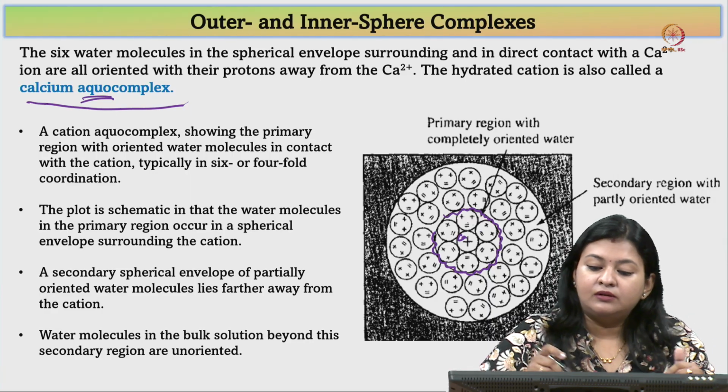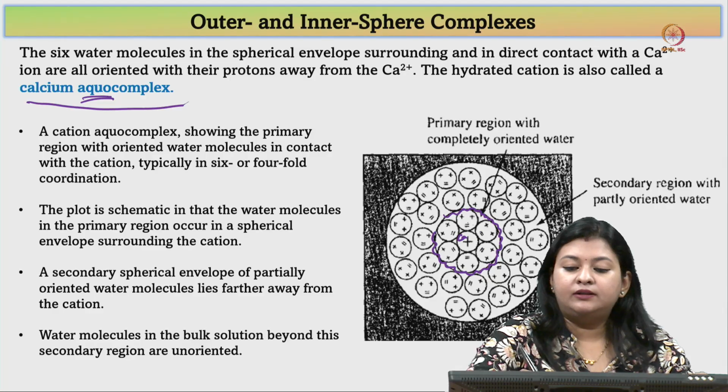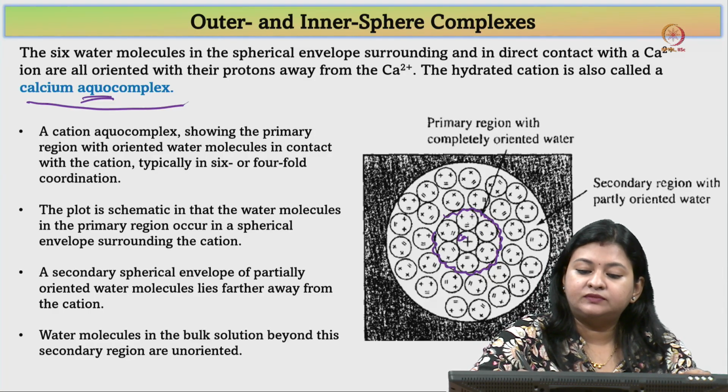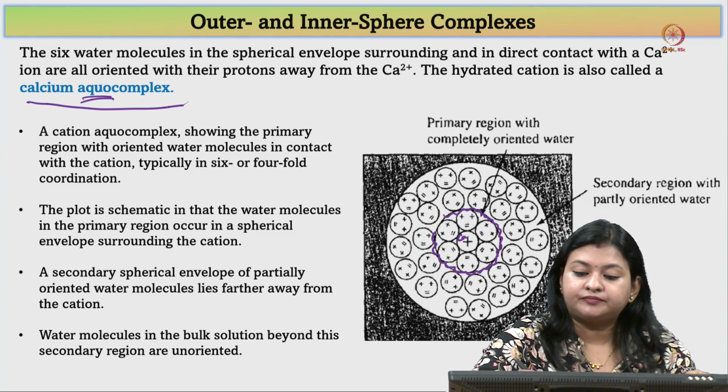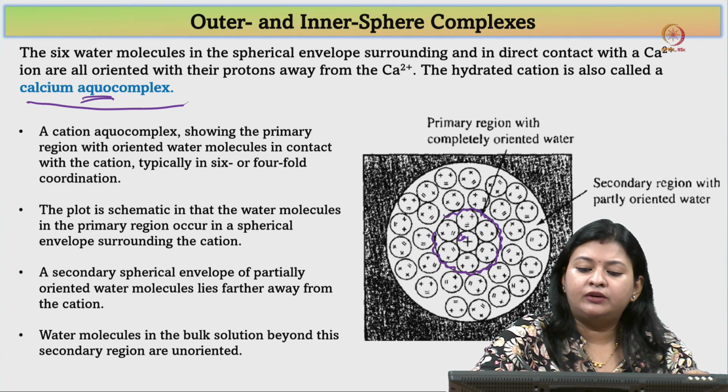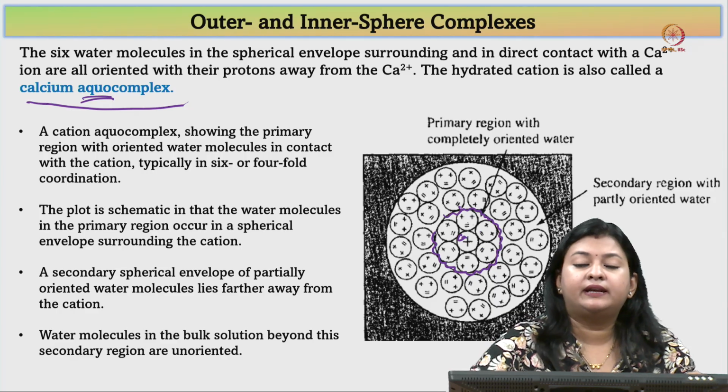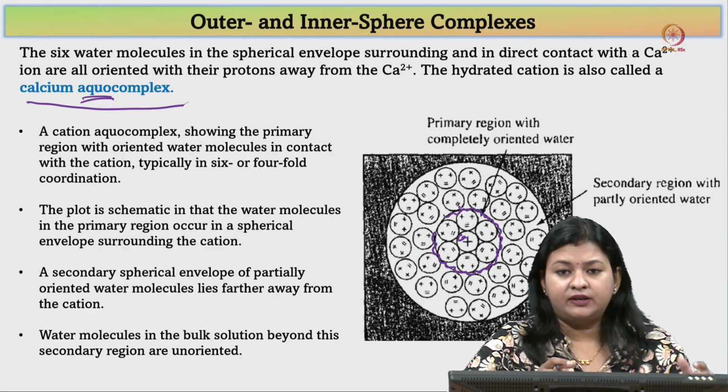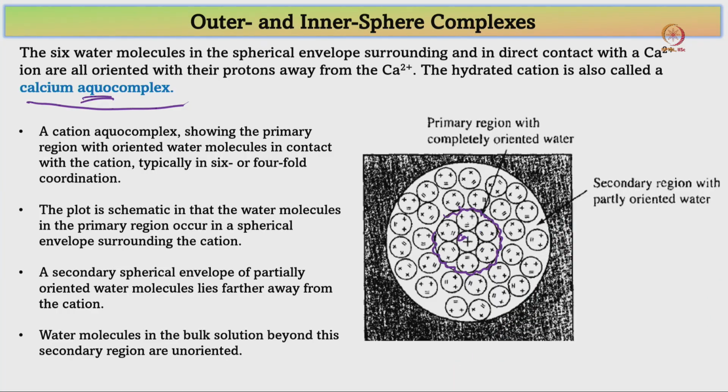There is also the impact of these bonds. Okay. So, here again there is a weak positive bond. So, the other water molecules will start putting their negative sides towards this. So, there will be a slight arrangement, till the level where we have some kind of arrangement of the water molecules